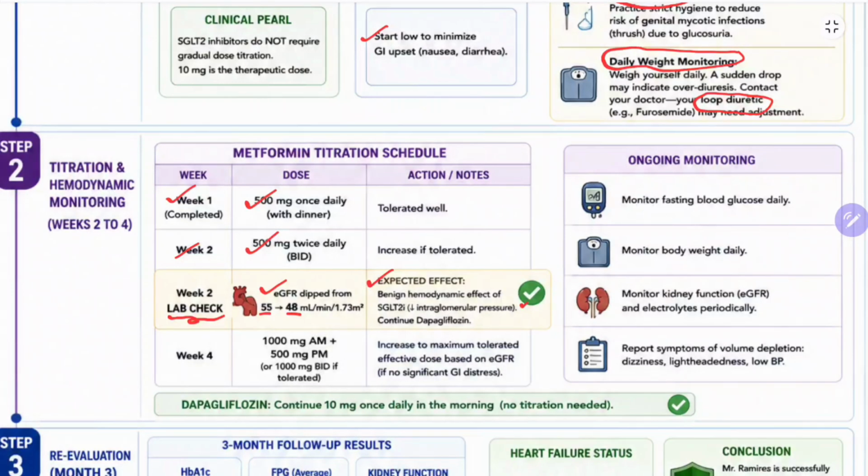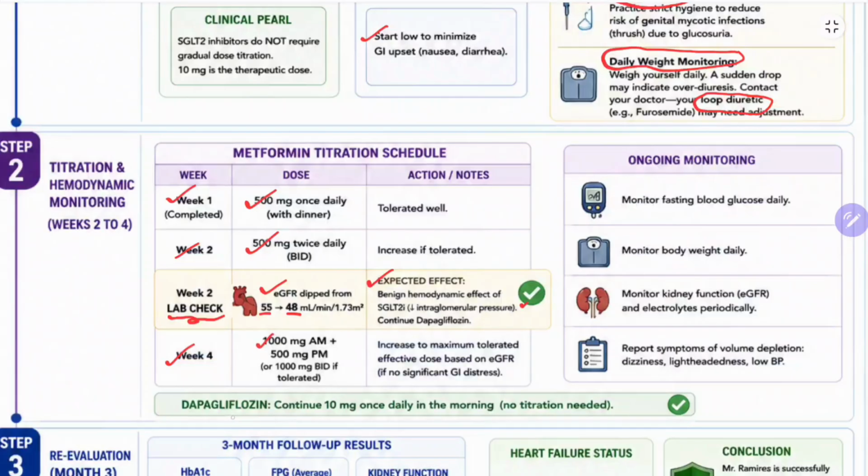So that means when you give a patient SGLT2 inhibitors, in the second week you should measure eGFR in a patient with CKD, because there is an expected decrease of up to 20% in eGFR. So week 4, so